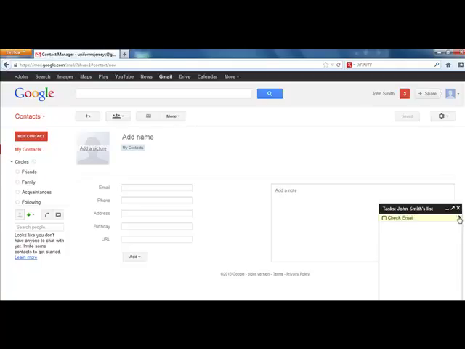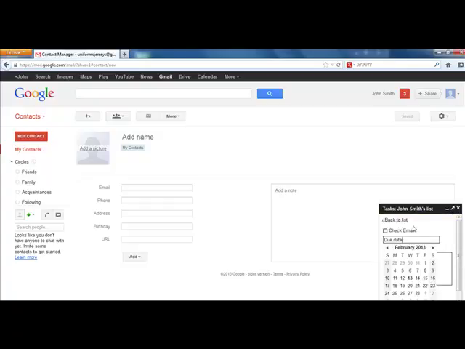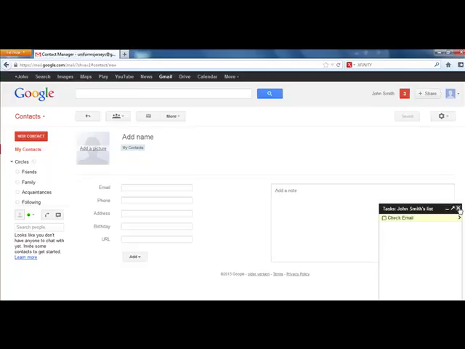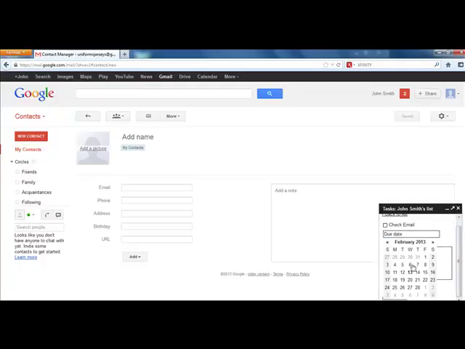All right, and then you can go here, type in a due date for it, and then Google would probably send you an email letting you know, hey, have you done this yet? So if you just type in this option like check email, you can click here on that little arrow, choose a due date, and so let's say, hey, I need to have this done by the 14th, and make sure you get this done, and then just choose to your list, which is going to be your name,